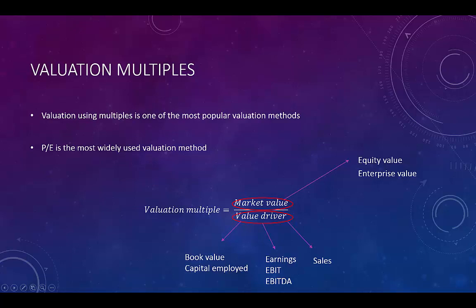The denominator in the ratio, the value driver, can be items from the income statement, the balance sheet, or from the statement of cash flows. In addition, other alternatives are metrics created from the financial statements, such as EBITDA. EBITDA is a proxy for cash flows that financial analysts often use, and this is created by adding back depreciation and amortization to EBIT. Sometimes, metrics that are not in the financial statements can also be used, such as oil and gas reserves for valuation multiples for oil and gas companies.